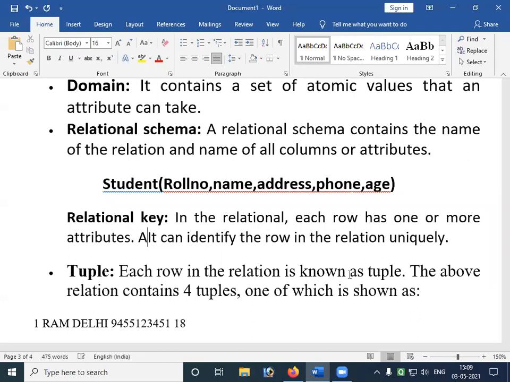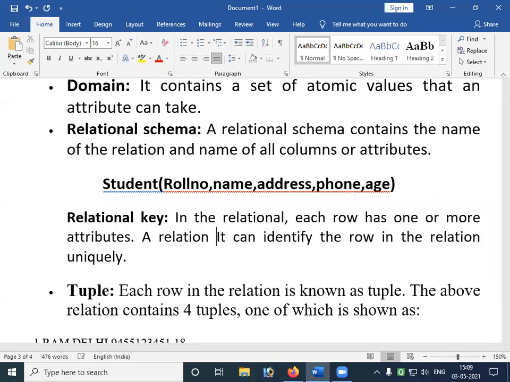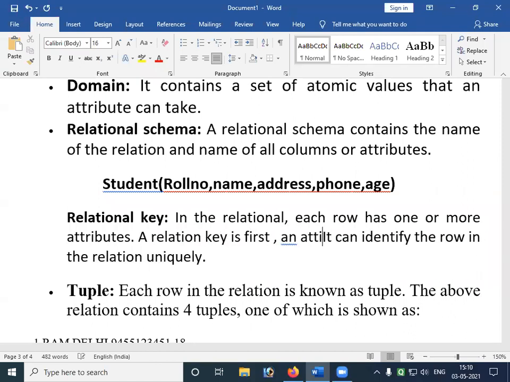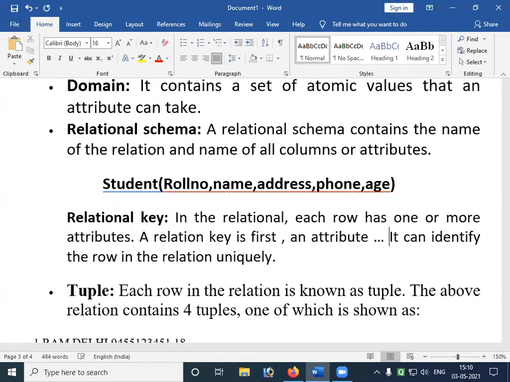A relation key is first an attribute. It has another property: it can identify the row in the relation uniquely.